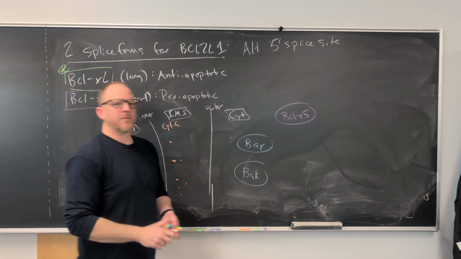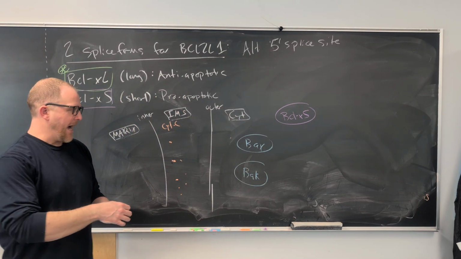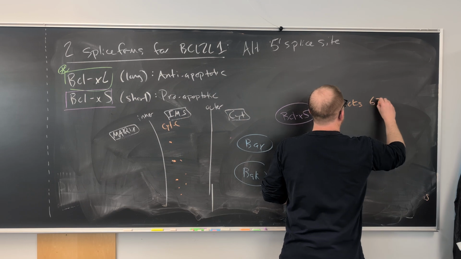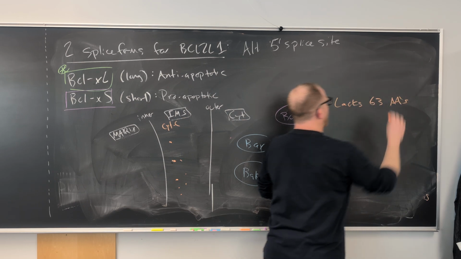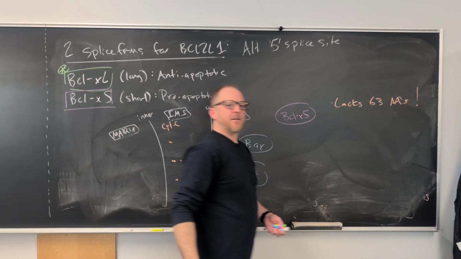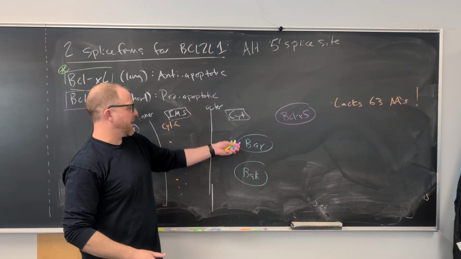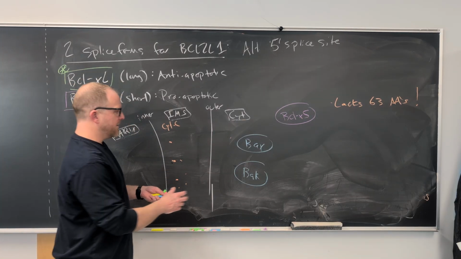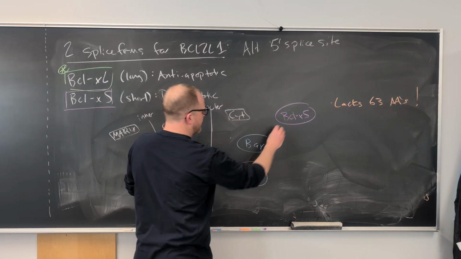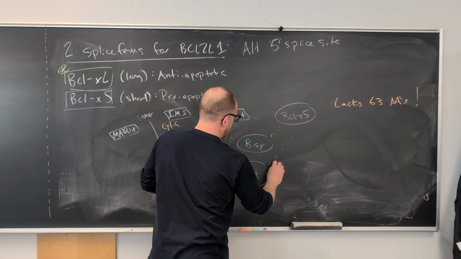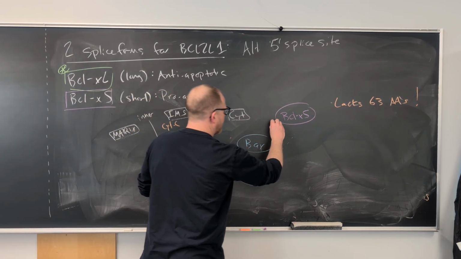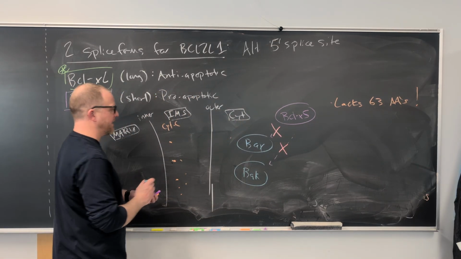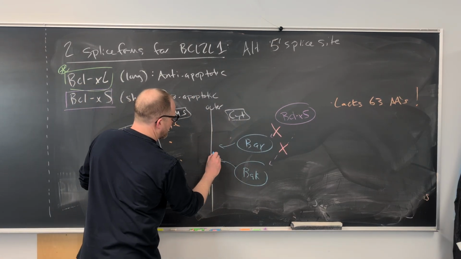the short isoform, okay? Now remember, this lacks those 63 amino acids. That's the key here, right? And as a result, it can't bind and interact with BAX or BAC, okay? So in this situation, this interaction can't happen. And I'll put X's here to let you know that this interaction doesn't happen, which then allows BAX and BAC to go to the membrane,